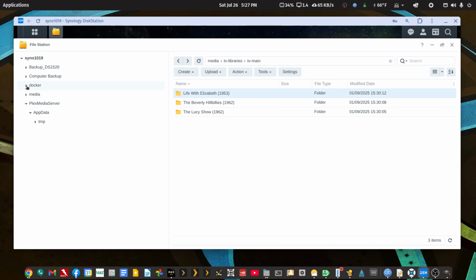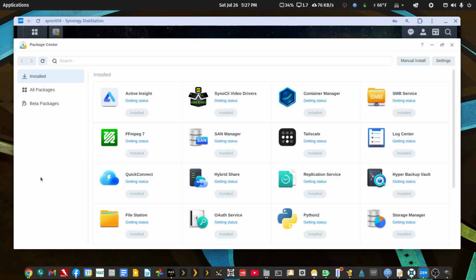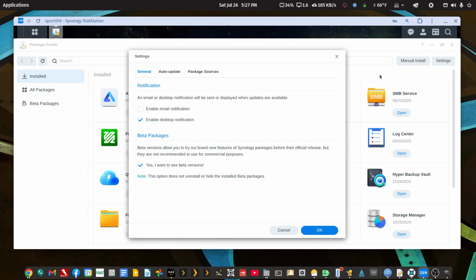Now, I do have Plex installed as a Docker container on this NAS, but that container is not running. Okay, so we got the file structure suggestions out of the way. So to install Plex, there's 2 ways to do it. Go to the Package Center, and while you're here, if you're brand new to a Synology NAS, click on Settings,